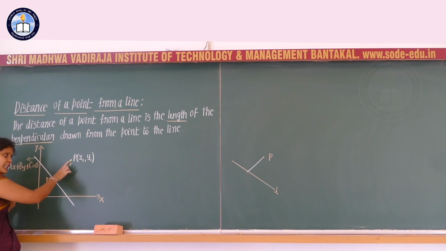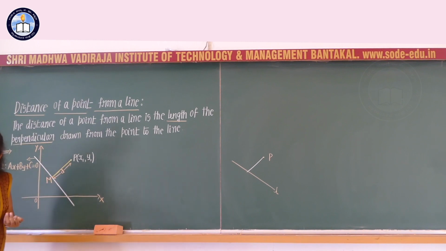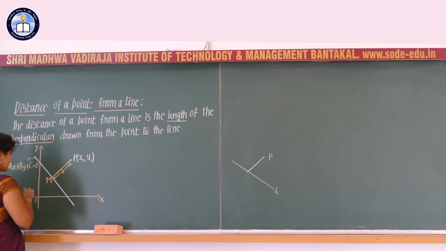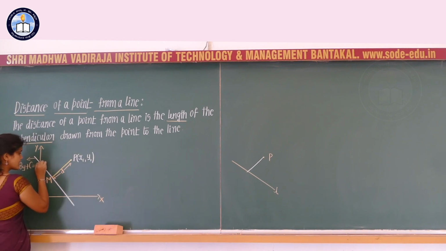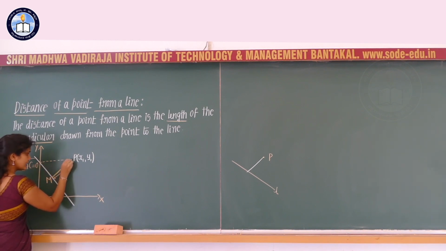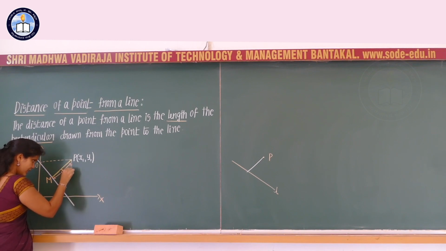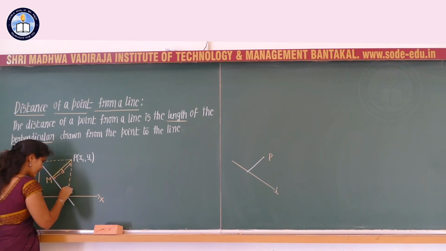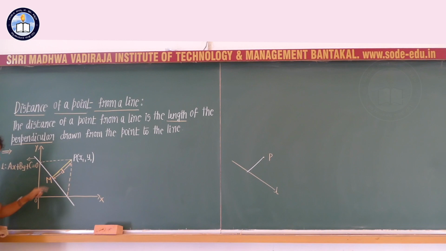Point in the line, draw the perpendicular PM. In order to write the solution for the given question, I am considering this construction, that is, connections. I will join the points of intersection of the line with respect to the x axis and y axis with respect to the point P.